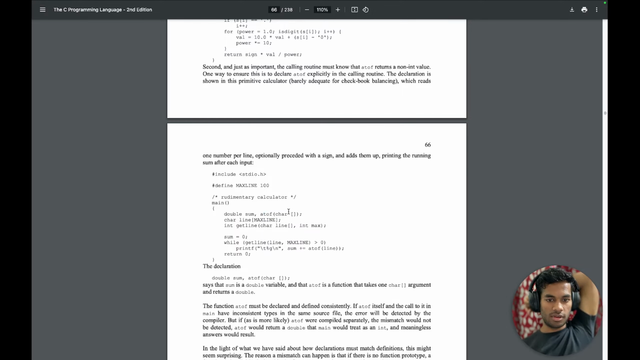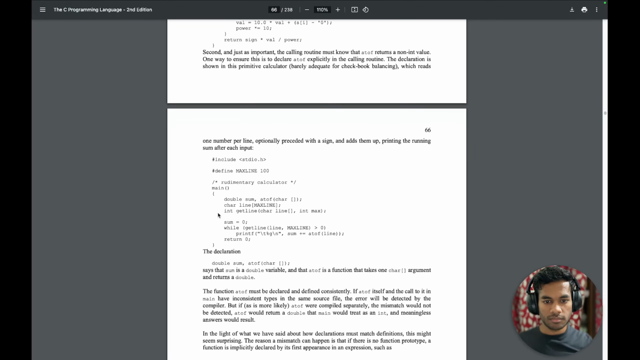That is just crazy. Then a character array called line, which has max line, that is 100 bytes of characters, and then I have integer getline. This is a header file, it seems. While sum equals this, while getline integer getline character. This is the declaration for the getline function. Then I have sum equals 0, while getline and maximum line